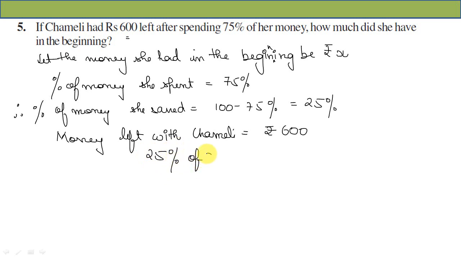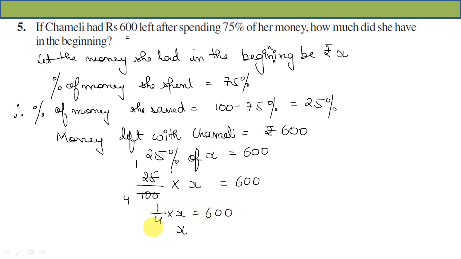Right? Now this percentage sign, if we remove, we have to write down 100 in the denominator. Of multiply x is equals to 100. Now this 25 ones are 25, 25 fours are 100. So it is 1 by 4 into x is equals to 600. अब 4 यहाँ पे डिवाइड हो रहा है, वहां जाके क्या होगा? इंटू, so into 600 into 4 is equals to rupees 2400. So that means उसके पास बिगनिंग में कितने रुपीज थे? 2400. So you will write down the statement at the end.